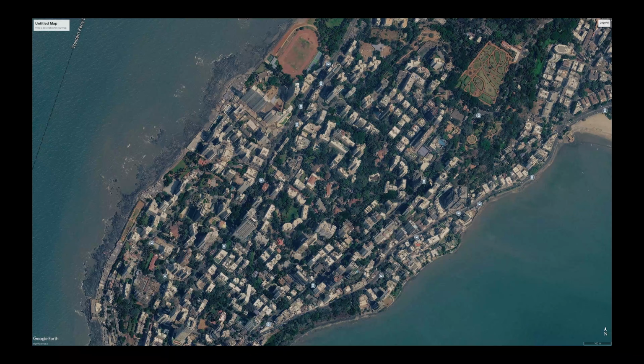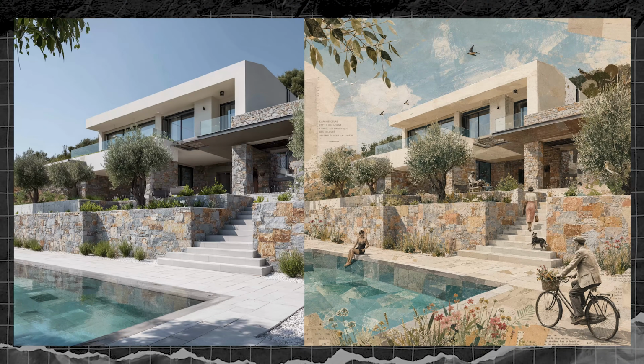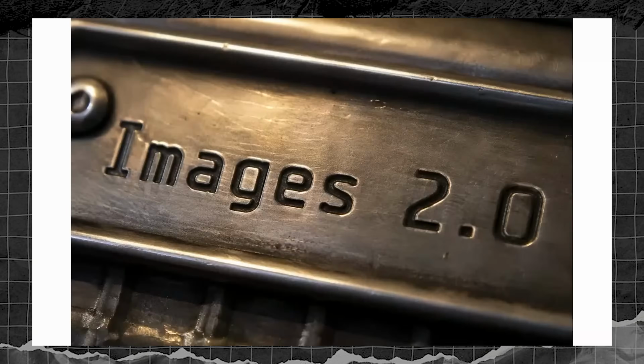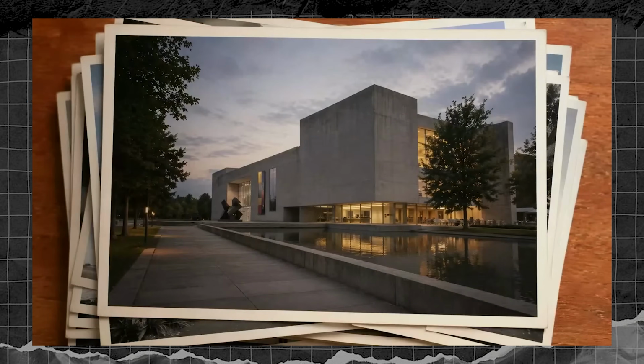Most architects are using AI for renders, but they're missing out on something that's much more interesting. A lot of people are still using AI to create pretty renders and concept images, but after OpenAI released GPT Image 2 about a month ago, things have taken a turn because this model can actually help you create stunning architectural diagrams. I've been experimenting with GPT Image 2 for the past few weeks, and the results were quite